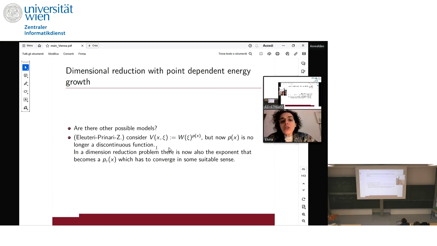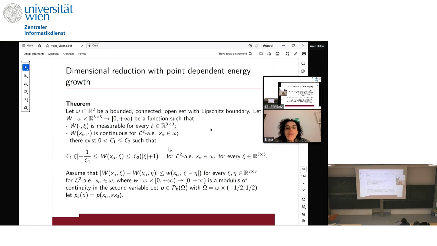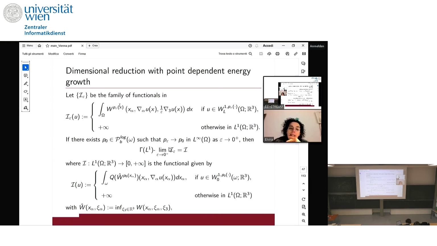Because the case of dimension reduction, due to the fact that we have a rescaling in the variable, affects the exponent p here. So we have no longer a fixed exponent, but somehow a family of p epsilon converging exponents. So we are still able to achieve an integral representation result under this assumption. So we assume essentially that we have a Carathéodory type energy W, and we assume that W has linear growth, and we consider that making a transverse rescaling, this affects the exponent p(x) to become p of (x alpha, epsilon x3), where x alpha stands for the planar variable in little omega. Then, if we consider our energy here, its relaxation in this